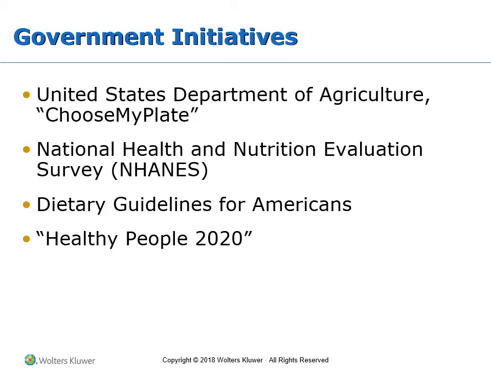You then also have Healthy People 2020, which ties in and has some of the components of the Dietary Guidelines for Americans, which is those food goals. But Healthy People 2020 also has a lot more population and health goals when it comes to access to health care, lifestyle changes, etc. Now we should be getting Healthy People 2030. I don't know the exact publication date, but that is something that is coming as well.